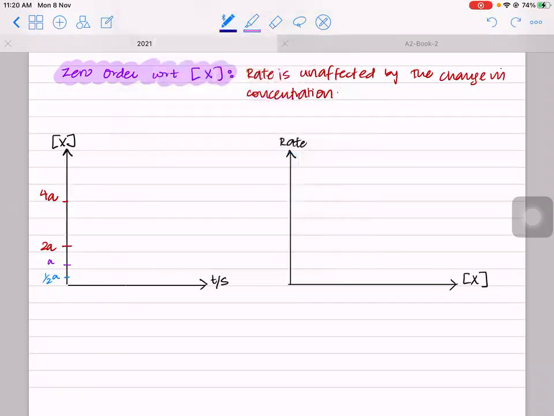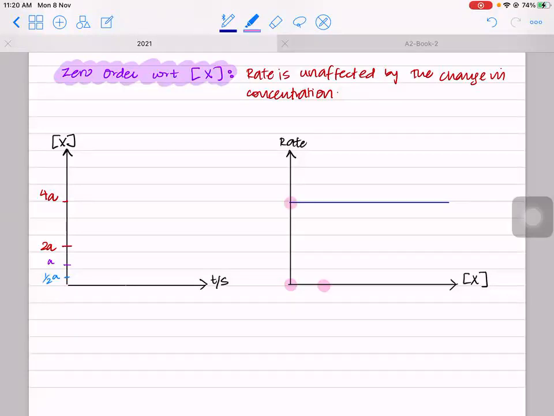So let's see. You have concentration time graph and you have rate concentration graph. Let me first draw the rate concentration graph for zero order. If you have zero order with respect to a reactant, the rate concentration graph looks like this. Now let me explain this first. Do you see this is a horizontal line? What do you mean by zero order? That if you change the reactant concentration, the rate will be unchanged. Let's see how. Do you see the concentration of X right here was 0? The rate was this much.